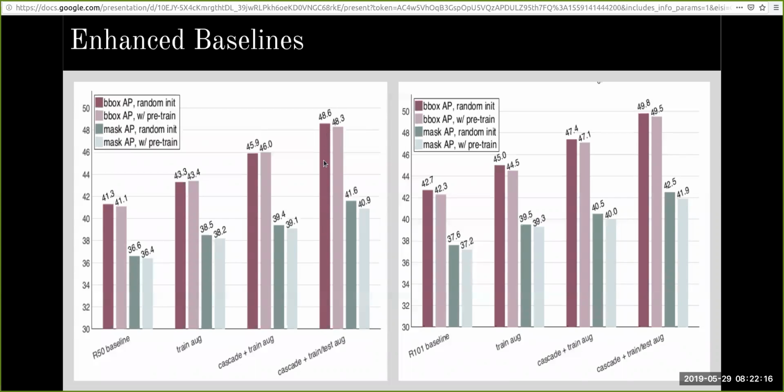In fact, the model which is trained from scratch, the first bar here, has a higher value of 48.6, whereas the model which is fine-tuned has 48.3. So these are the results that were obtained after doing some enhancements like training time augmentation, modifying the architecture a bit by adding cascades, and using test time augmentation as well.